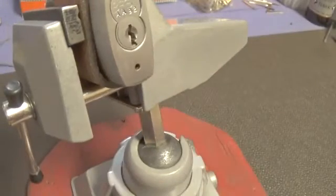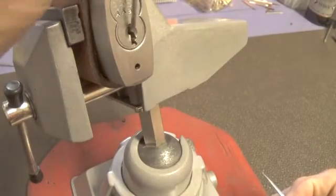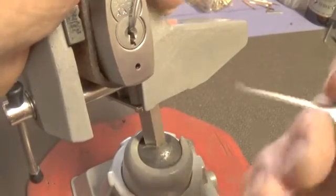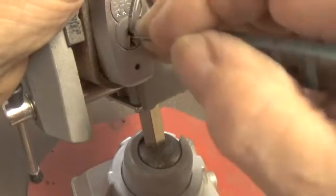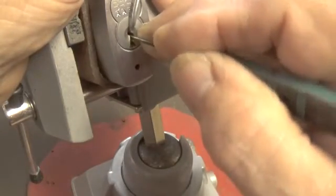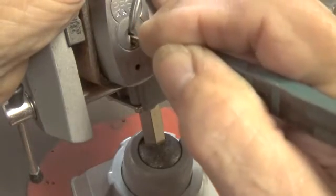Sometimes I get a little bored picking those hard locks, so let's do the easy one. We're going to use moderate tension on this lock, and we're going to use this pick. We're going to start at the front of the lock. Okay, a little bit on 1, 2, 3,